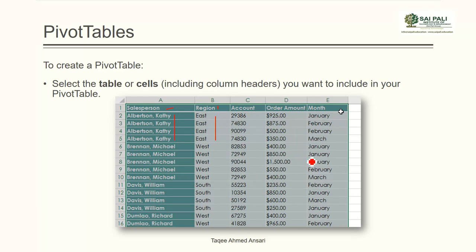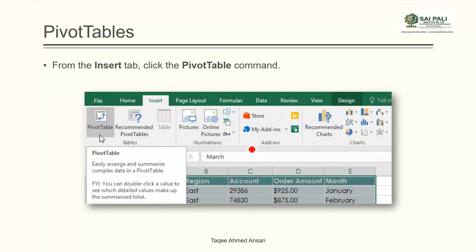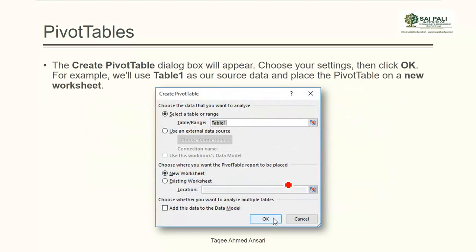So select the range or table first, and then from the Insert tab, we have this PivotTable command. Click on PivotTable and it will open this dialog box. Now here you have to select the range or table name. By default I selected the table, and its name is Table1, and then you can select where you want to create the pivot table.